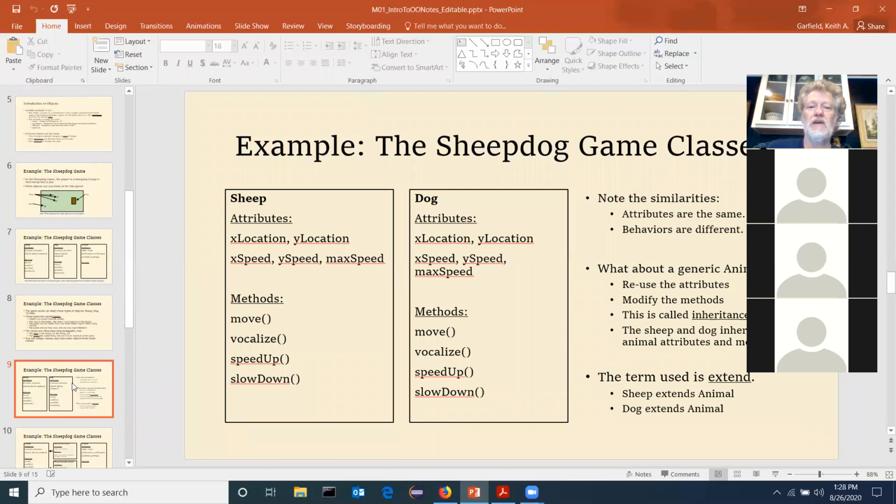But the fact that they have the same attributes and names, at least in my simple model here, means that we can introduce a new efficiency. We can say, wait a minute, the sheep and the dog have the same attributes and they have the same move methods. How can I combine that? Maybe I could create a generic animal, and I'll call it animal. And then I can build the sheep and the dog from the animal. So the way that works